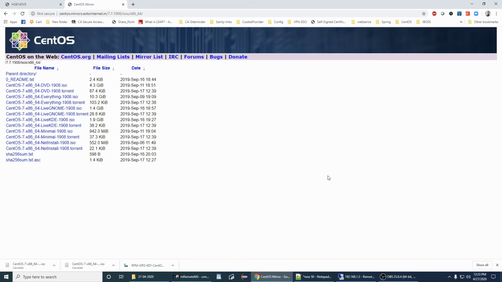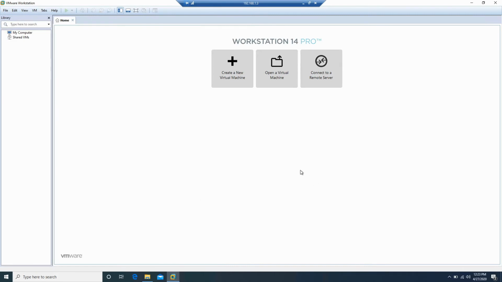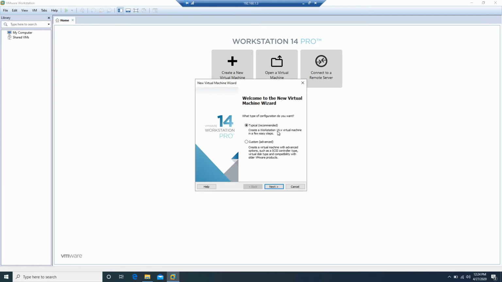Now let's configure it. This is my other machine where I have VMware Workstation running. I have just started Workstation 14 Pro. Now I have to go to File, then New Virtual Machine, and then go with Typical.